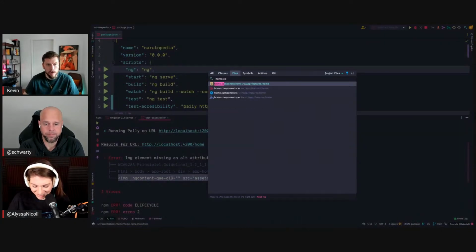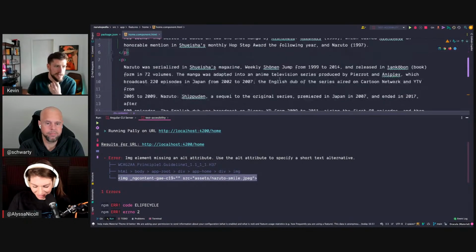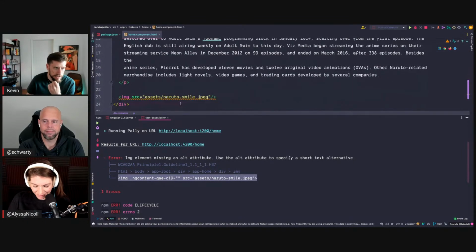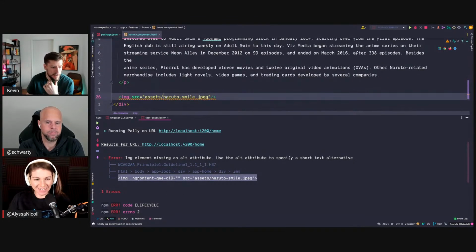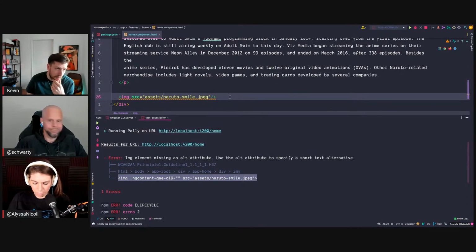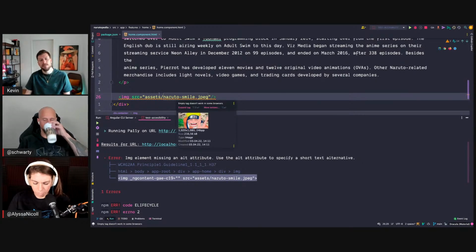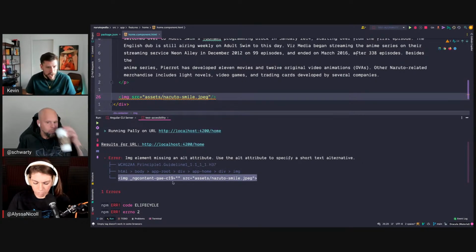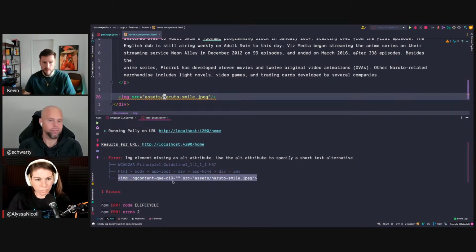And if we check our home component, we see this element here. Of course, it doesn't have the ng content attribute. They are added by Angular's emulated shadow DOM. But still, we can quickly see that it's this element. But this is also a super small component. Imagine you have a big page.